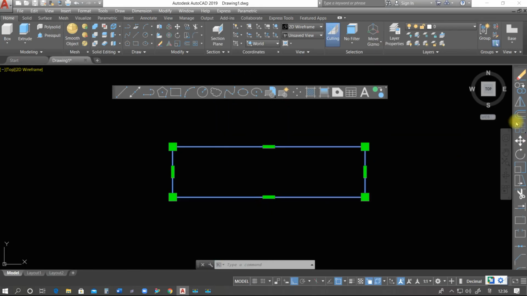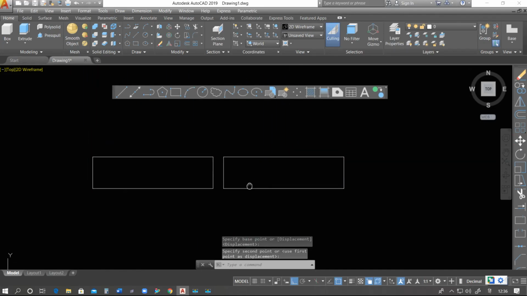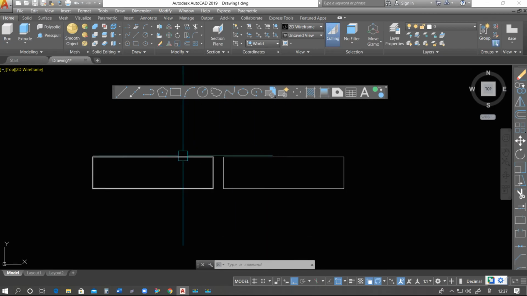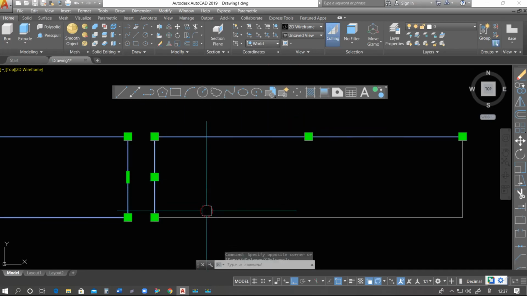Now I'm going to move this one. What do we see? This one is a polyline, but the original one, whatever we had, we still have.